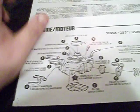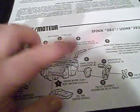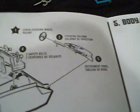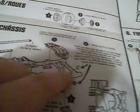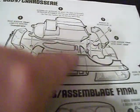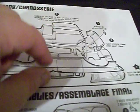And basically there's not much left, like the last few little things I need to do with the engine, and also fix the oil filter tube on it. Finish detailing the instrument panel, get that all done, glue it in, put the steering wheel and steering column in. The interior is done. Get the rest of the stuff on the chassis done, and then I gotta glue the windshields in. I'm gonna have to get some special glue for them and put those in, let it dry for a while, drop the body in, and then once that's done, then I can